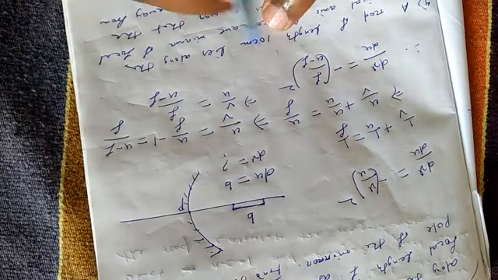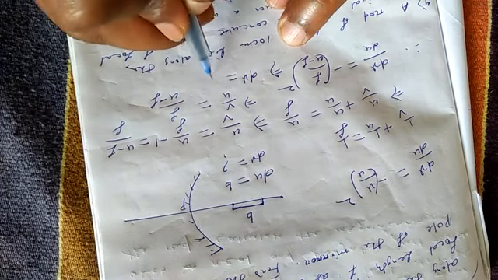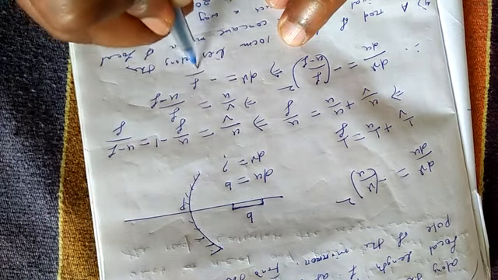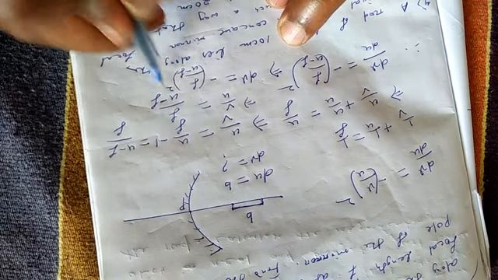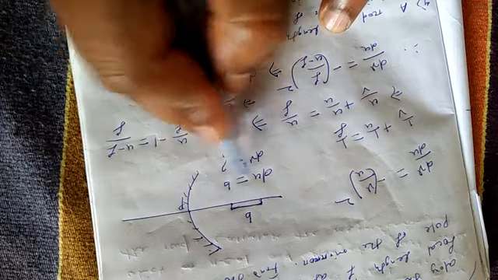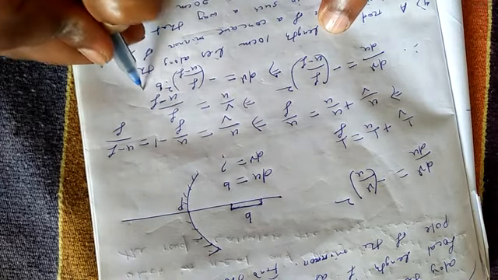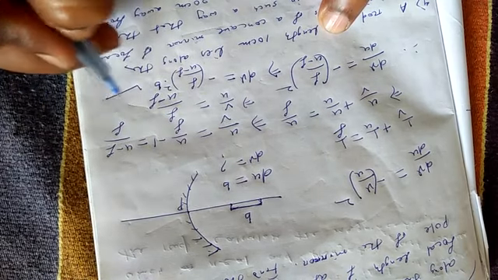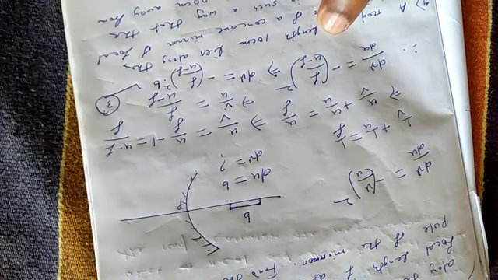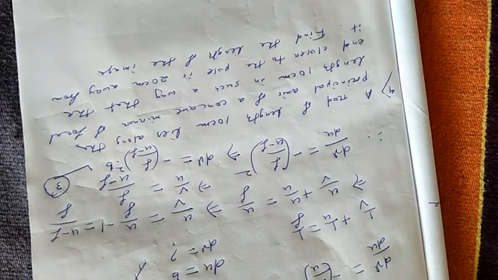So we want to calculate what is dV. So dV is equal to minus (F by (U minus F)) whole square into dU, and dU is equal to B. So dV is equal to that into B. So this is the answer. This is also a 3 marks question, comes in council examination. Next question.